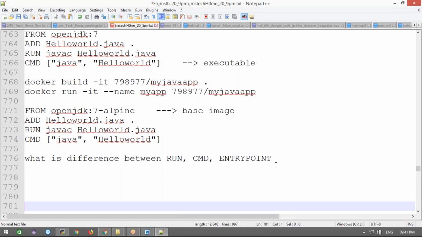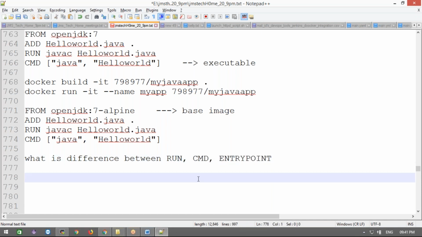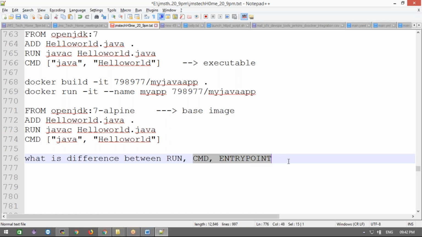This is very important. At the time of an interview, or also if you are going for day-to-day tasks in real time, you must follow the instructions for CMD and ENTRYPOINT. Clear? And remember, every Dockerfile must have at least one CMD or ENTRYPOINT at the end of the Dockerfile, because of what? When running the container, there is a command I want to run. That is the executable, and we mention that executable in the CMD and ENTRYPOINT. That is what we are going to show today. Let's see that.